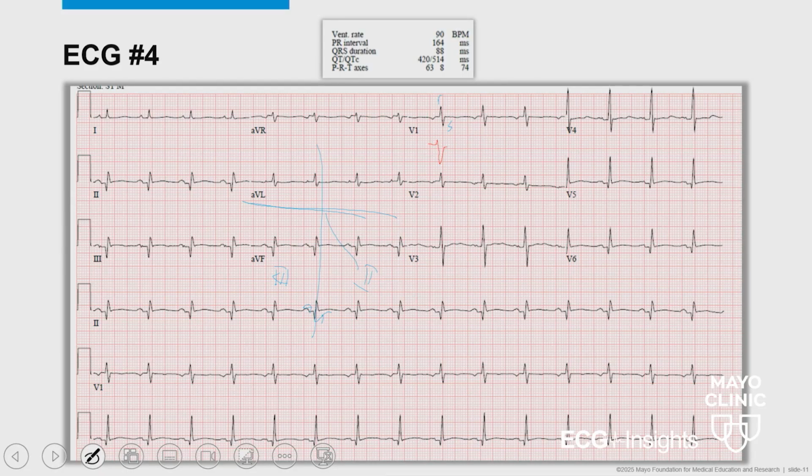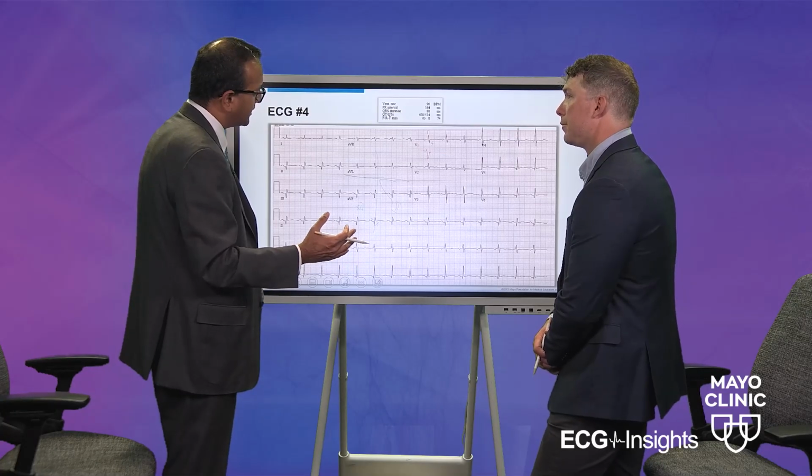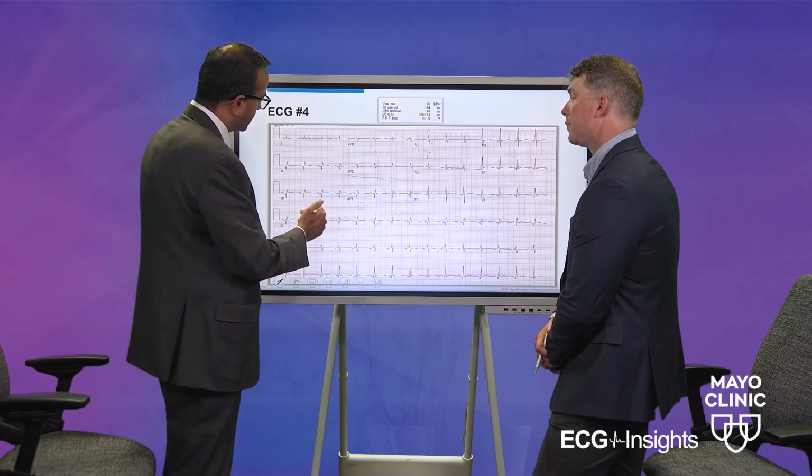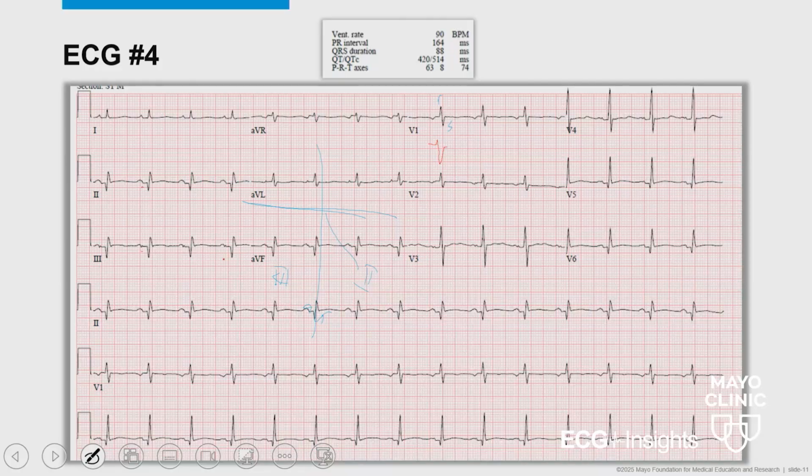In an inferior wall MI, you're infarcting the posterior and the inferior wall. So really, all the activation is going to start from there. That's why we are getting this Q wave in 2, 3, and AVF, because activation cannot go there. It has to start from there. And if it is starting from the inferior wall, it has to go more anterior. If you have an inferior wall and posterior wall MI, the activation goes more and more anterior. So that's why a prominent R wave in V1 is also a marker that you have had a posterior wall MI along with an inferior wall MI.